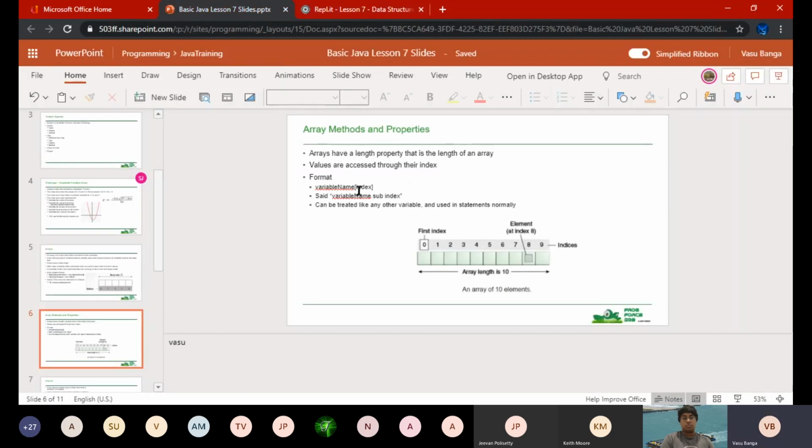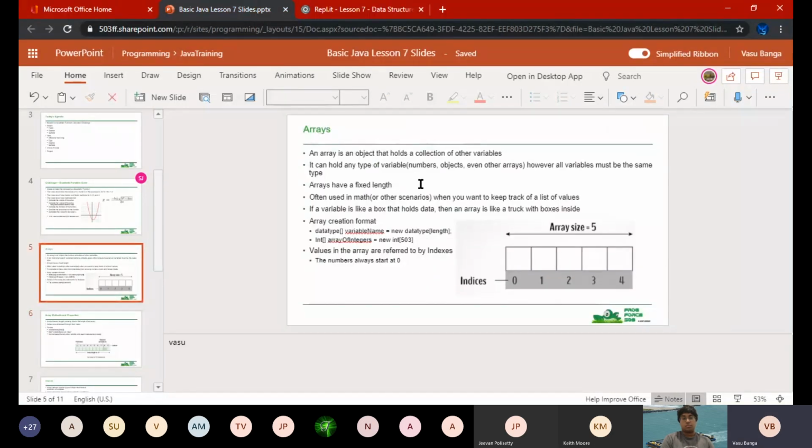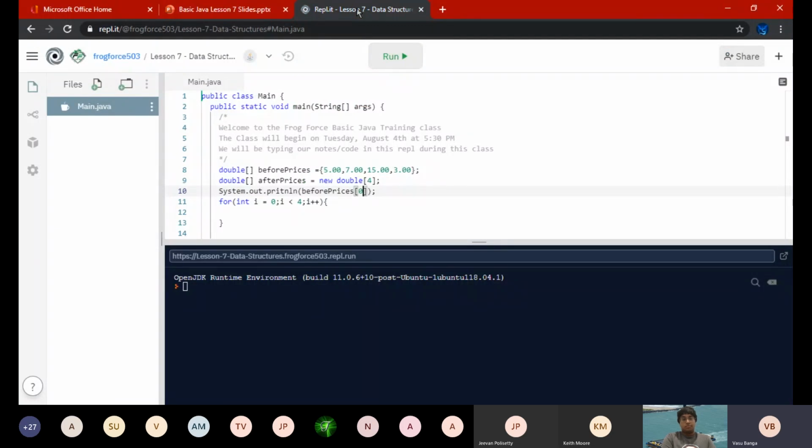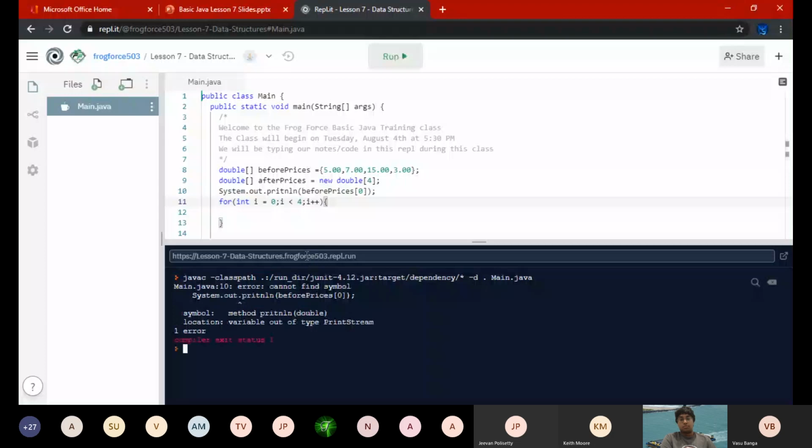If we go back to our slides, we said over here that it starts out at 0. The numbers always start out at 0. So Java does this weird thing where the first number will be 0, second number will be 1, third number will be 2, and so on and so forth. And that's basically what we're going to do here. So if we get before prices 0, that should get us the first number. And so if we run this,